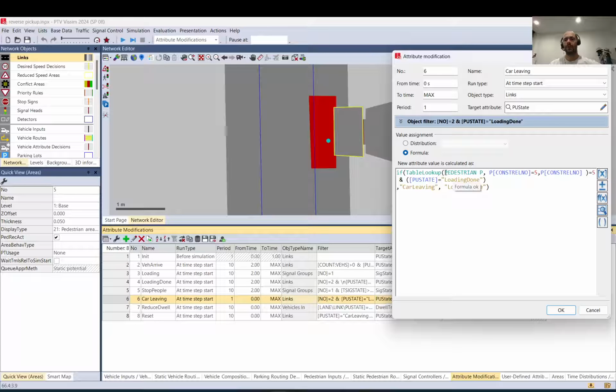So I do it by looking up pedestrians, and I want to find a pedestrian that has the construction element number equal to 5. Basically, that means I want to find a pedestrian that is on area number 5. Then I want to return that